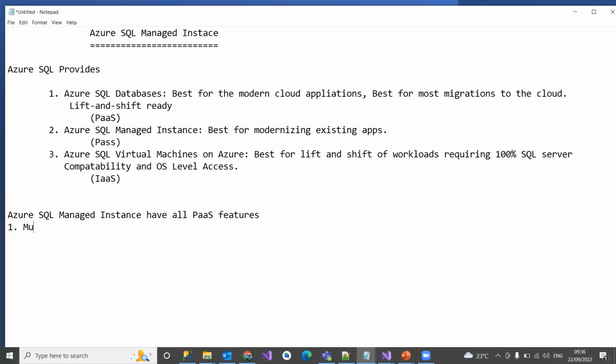If you talk about PaaS features, we have a multi-tenant architecture in this PaaS, and we have unlimited database customization,